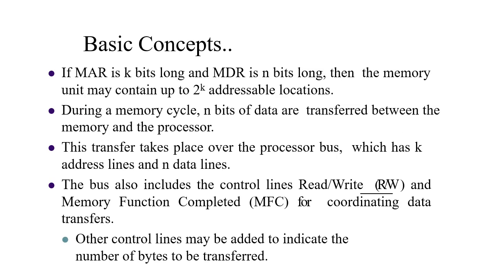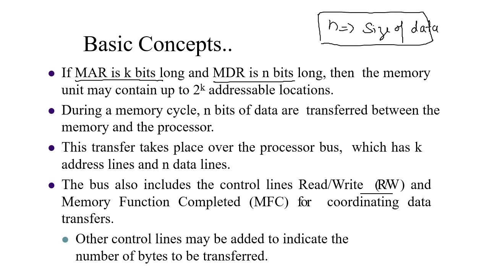Now in this slide, let us consider MAR is k bits long and MDR is n bits long. We need to be very clear about k and n here. n represents the size of the data that will be stored in the memory, whereas k represents the size of the address. So for example, if k is 10,